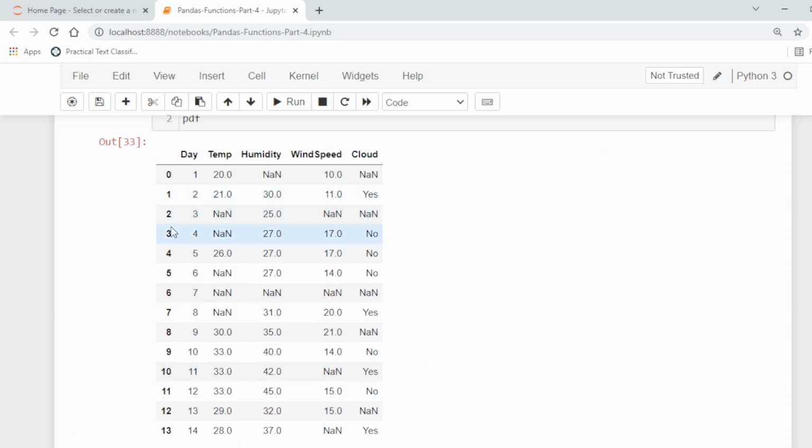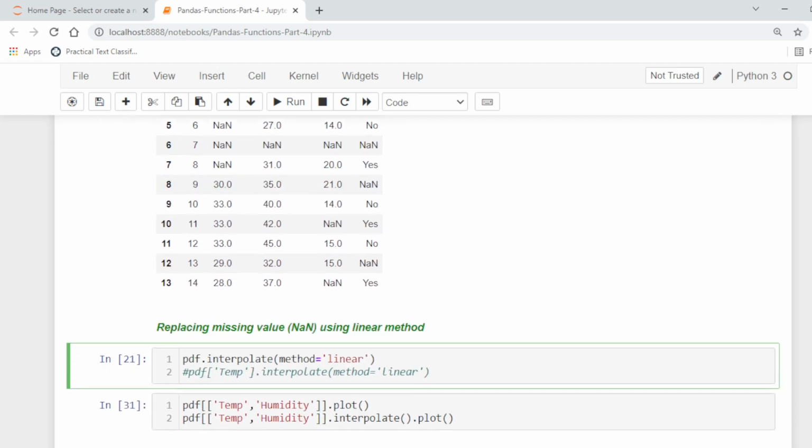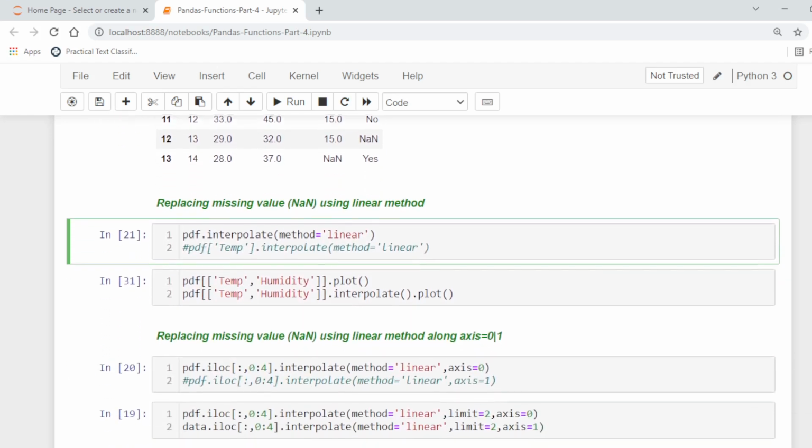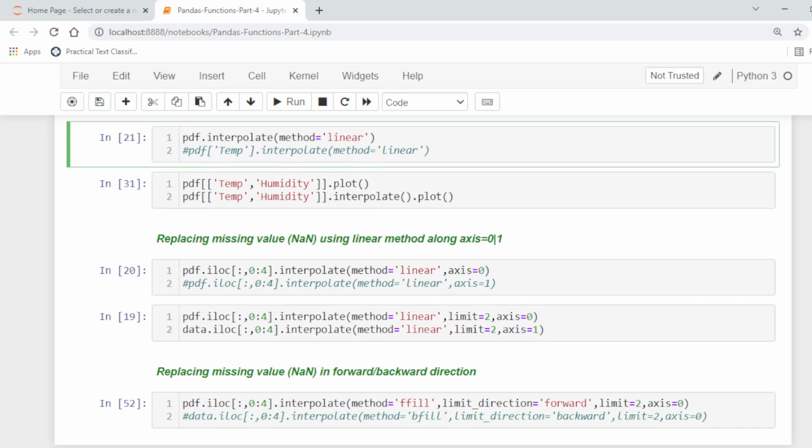In the temperature column, the temperature for days 3, 4, 6, 7 and 8 are missing. Similarly, in the humidity column, humidity values for day 1 and day 7 are missing. So now we use the interpolation method to estimate these missing values. Here we are using the linear method.